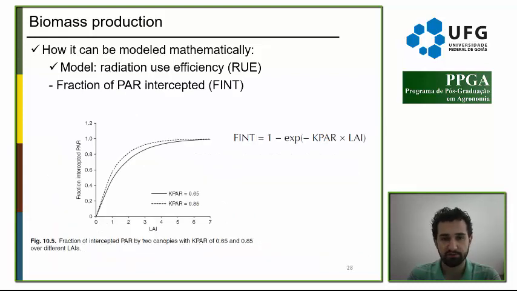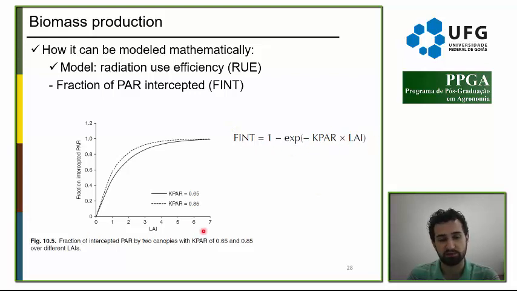To understand this equation, the first step is to understand how the fraction of photosynthetically active radiation intercepted is calculated. We use this function, which is very applicable for a crop, where the fraction of solar radiation intercepted by the crop is defined by the Leaf Area Index,